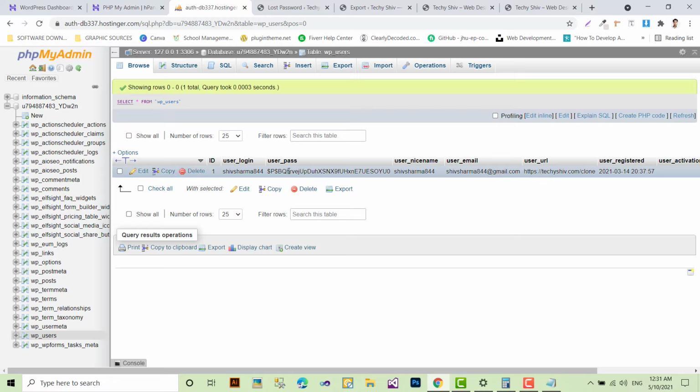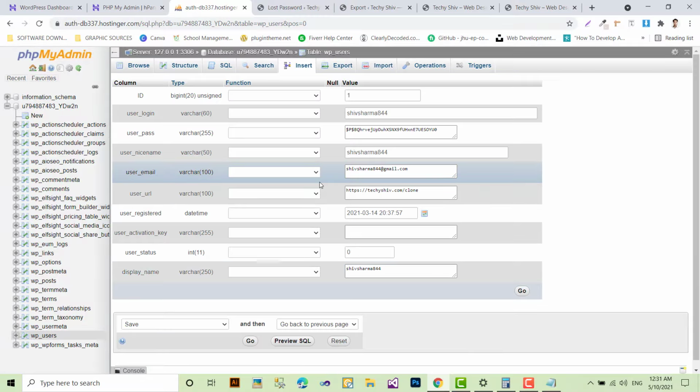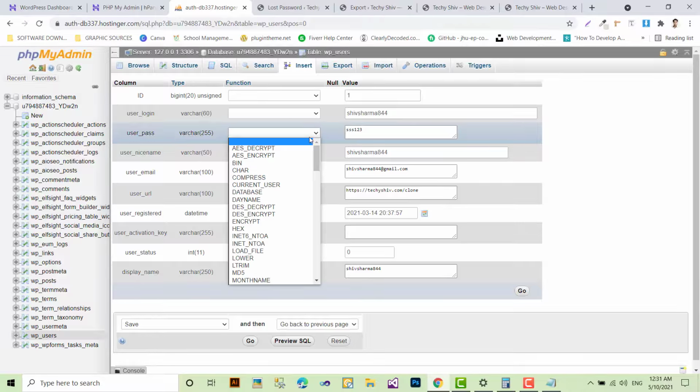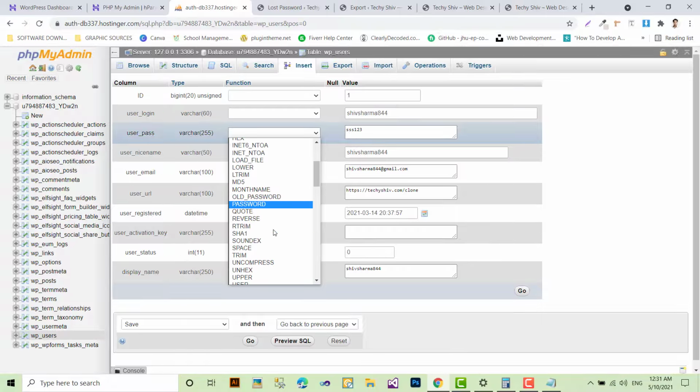Most of the guys make the mistake that they click here, select this one and click on edit. You will come to this board and they change it directly here. But remember, this is the encrypted form of the password, this is not your actual password. So when you put the new password, suppose I am putting the new password as SSS123, triple S123, you have to set the function as MD5 encryption.